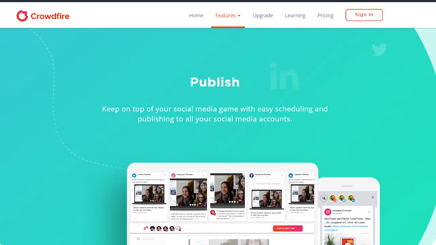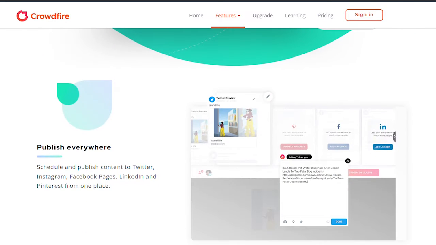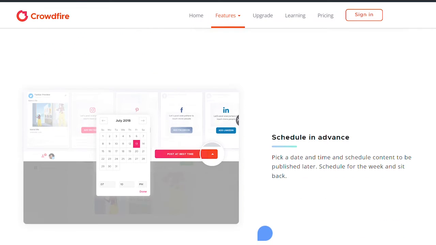But unfortunately, Crowdfire does not support TikTok auto post. But instead, you can schedule all your content on the platform and they will send you a notification when it is time to post your content. Once you have connected your account, Crowdfire can send you a notification when it's time to post, which you can tap to be taken to TikTok. Your captions and hashtags are automatically copied to the clipboard, so you can paste them in and post your content